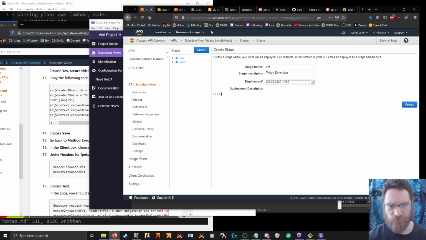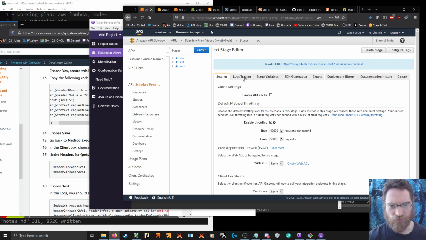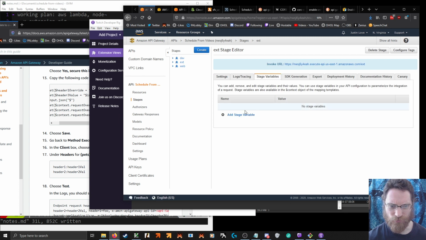Huh, so that was actually the web deployment, even though it was only on changing stage variables. Maybe stage variables don't need deployment. So this won't have permission right off the bat.